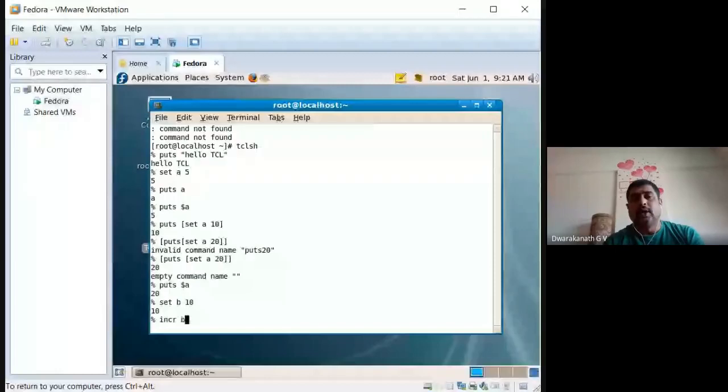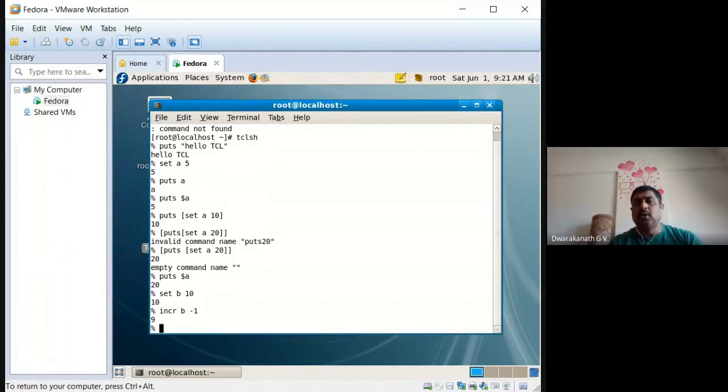With this you either decrement, by giving a minus value, or increment, by giving a plus value. Now observe carefully how incr will work. Here also $B is not required, only B you have to give. You should keep that in your mind. Now you see the B value has decreased to 9.